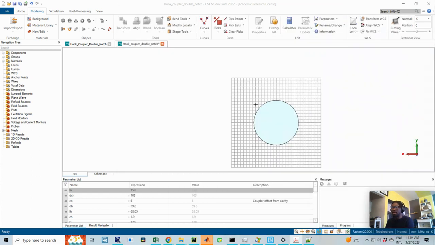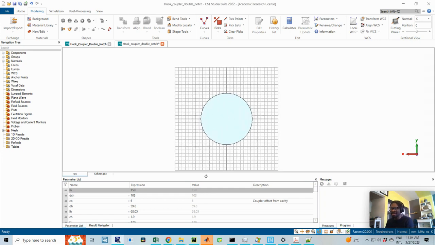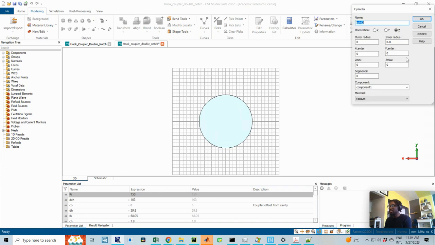I don't know if I should copy it somewhere. I'll just type it. So cylinder, escape, and then first thing you have to do is to change the orientation to Y. So I want the cylinder to be standing, not lying on its surface. So the outer radius is dch divided by 2, and no inner radius, and the x center is 0, z center is also 0, and then what we want is the y max to be Ri plus dh over 2 minus p, which is what I showed, then plus